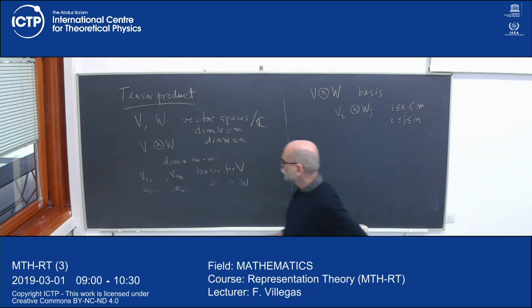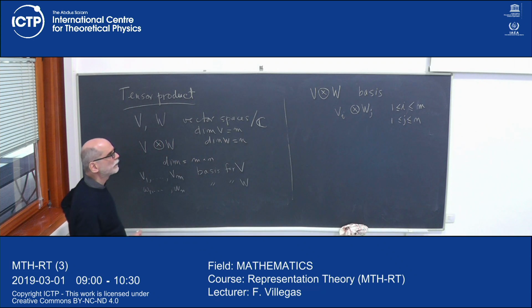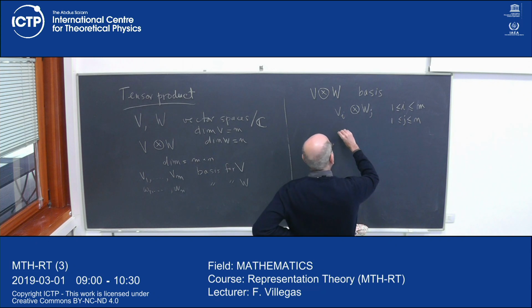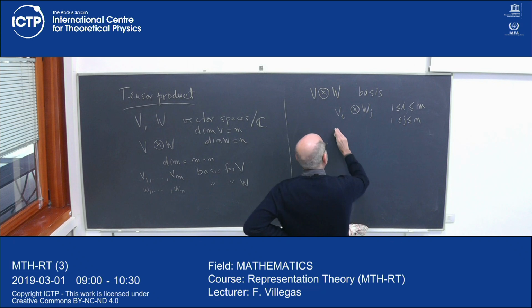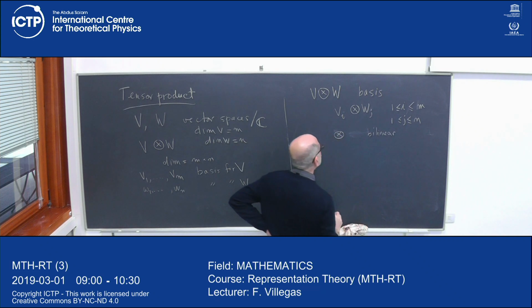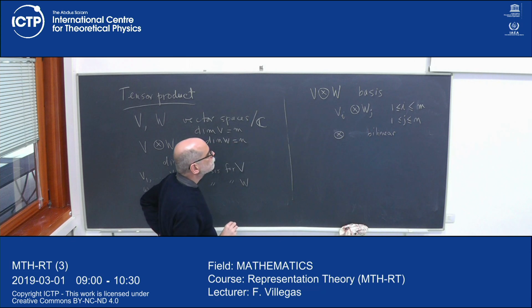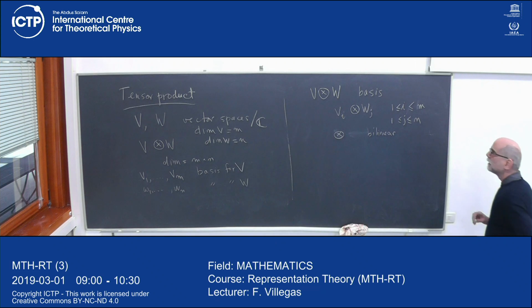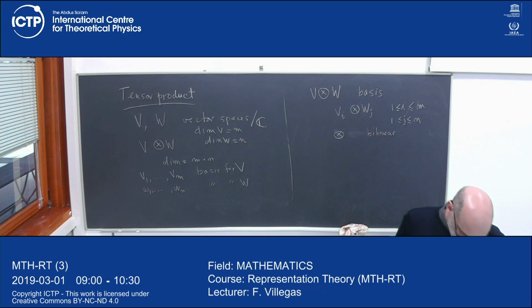Indexed by a basis vector of V and a basis vector of W. And so this formal product is bilinear. And the thing that I'm interested in is